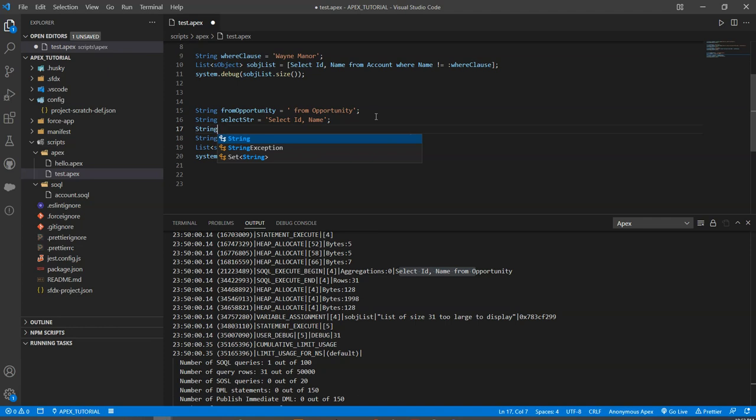So we'll do string where clause, United, and then I need to add in query name, like,